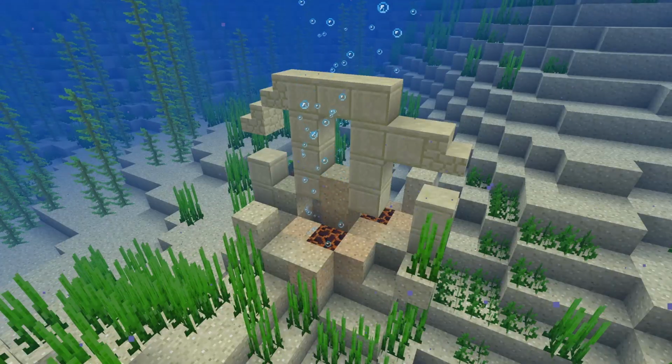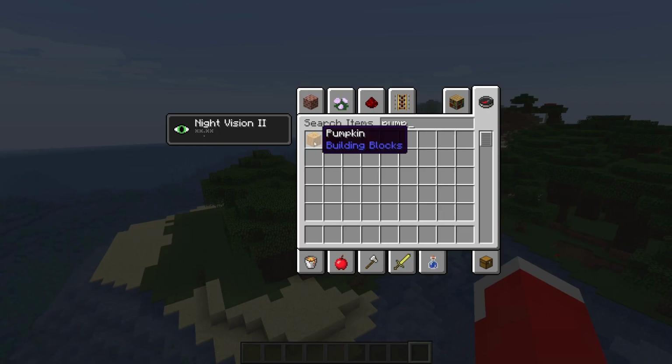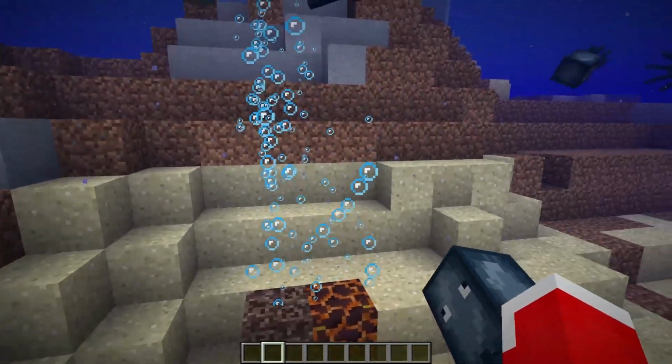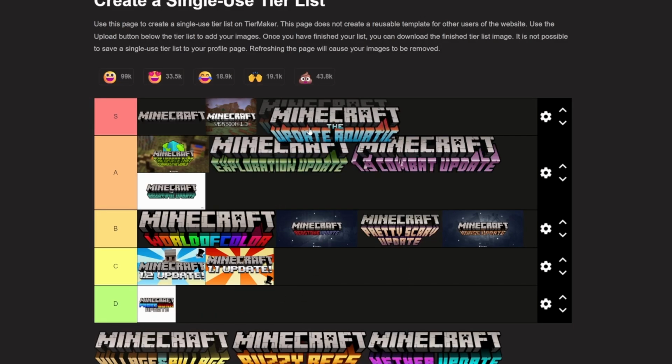Ocean ruins were also added in this update, and so were wood and stripped logs. Pumpkin got retextured to have no face on it, and in return they added the carved pumpkin. We also got blue ice in this update, and bubble columns for soul sand and magma blocks. I think we can all agree that Minecraft 1.13 is an S-tier update. I mean, we got a few little aspects for building, a few little aspects for redstone, and a lot of